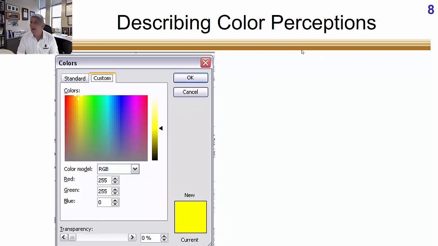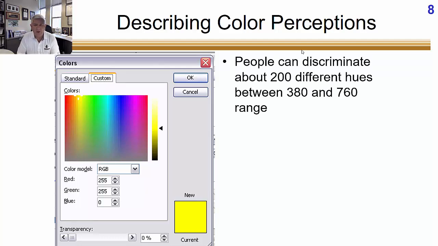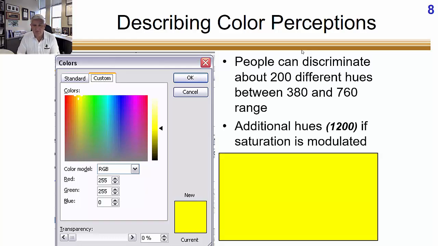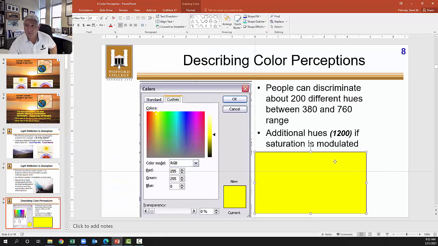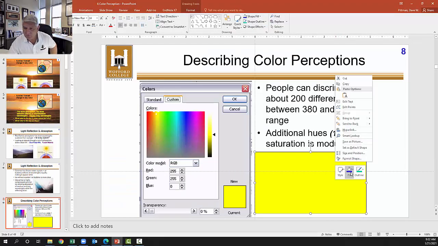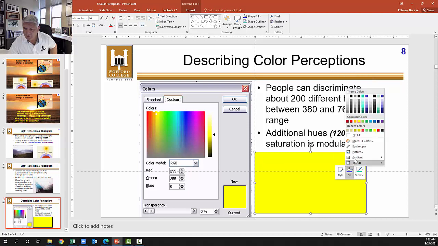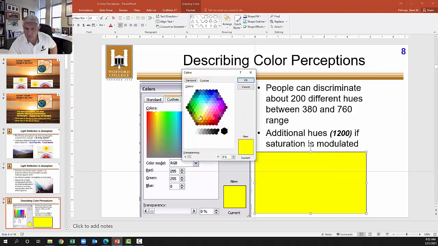All right. Let's describe some of the properties of color. So you can open up a box here. Let's, like this yellow box, we'll do this real quick. Okay, so I'm going to take this yellow box and I'm going to open up the fill and say more fill colors. And I'm going to go to this custom box.